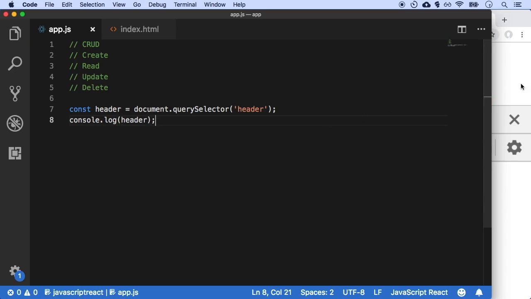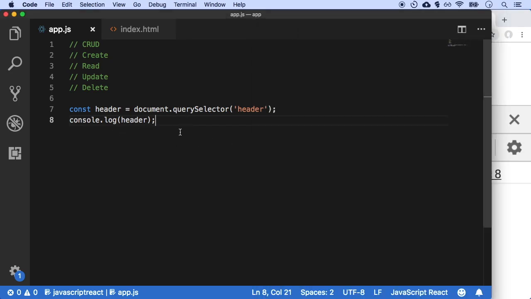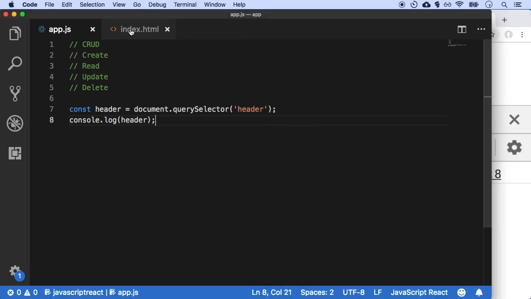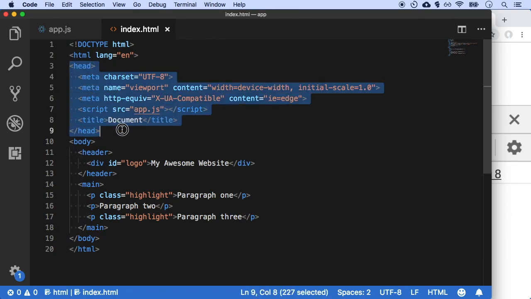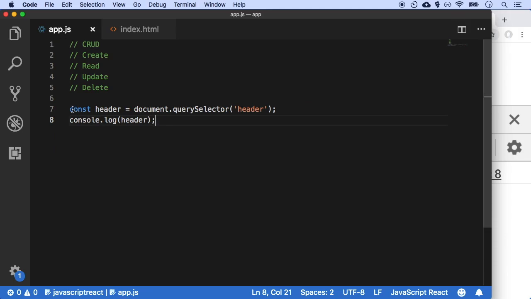So save and now refresh and it says null over here. And that's a bummer. We're using the right code. I'm telling you we have written the right code, but it's not printing the header element. What's going on here? And that brings me to one additional concept. When you are actually importing your app.js file, if you import it in the header, it goes, runs this code. It says, oh, I gotta import this. It goes to the app.js and starts running this code. And when it starts running this code, it says, okay, I gotta go to the document and then get an